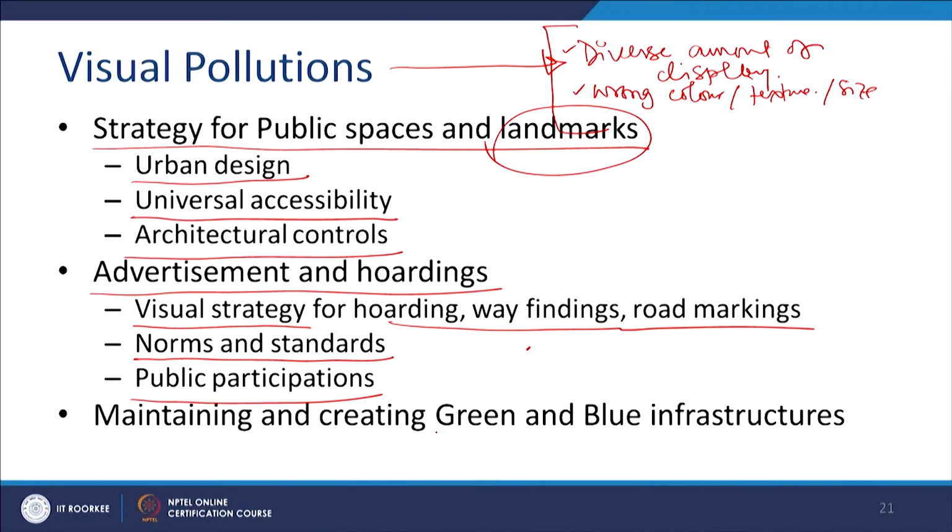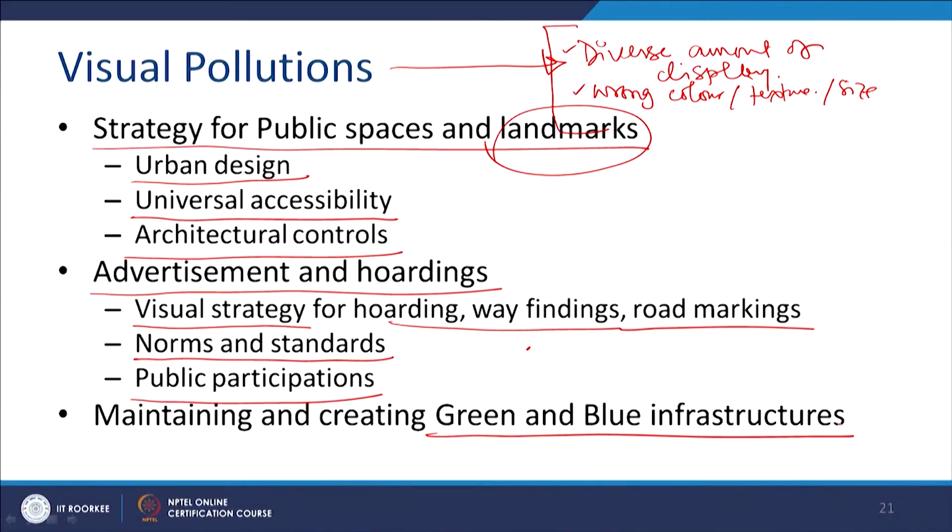We have seen that people are temporarily painting the roads, some of the elements, and ghats. All those are activities which sometimes involve people and make the city beautiful, but at the city level you need to have an overall strategy for the aesthetics. And then you need to maintain green and blue infrastructure, because blue and green infrastructure itself is a natural and created infrastructure which can create aesthetic and visual pleasure in human eyes and mind. We will have a dedicated lecture on the blue and green infrastructure, therefore, I am not detailing this.